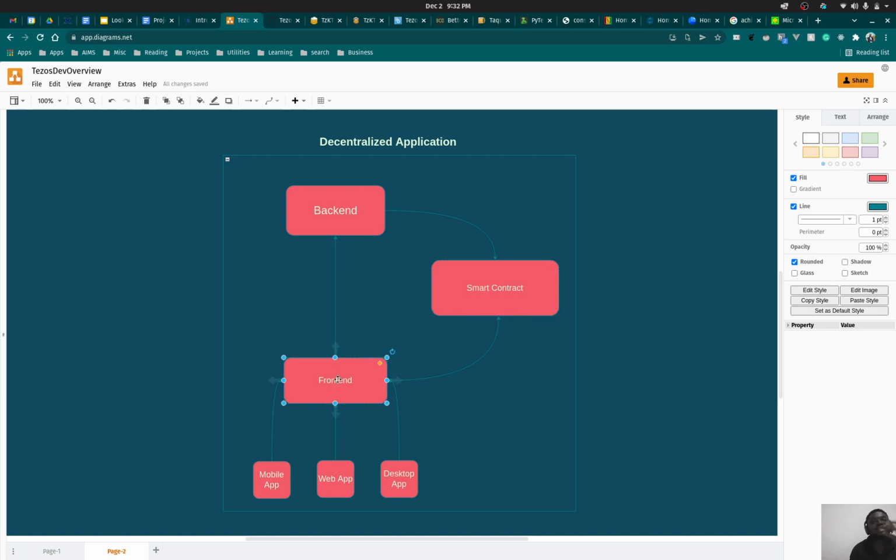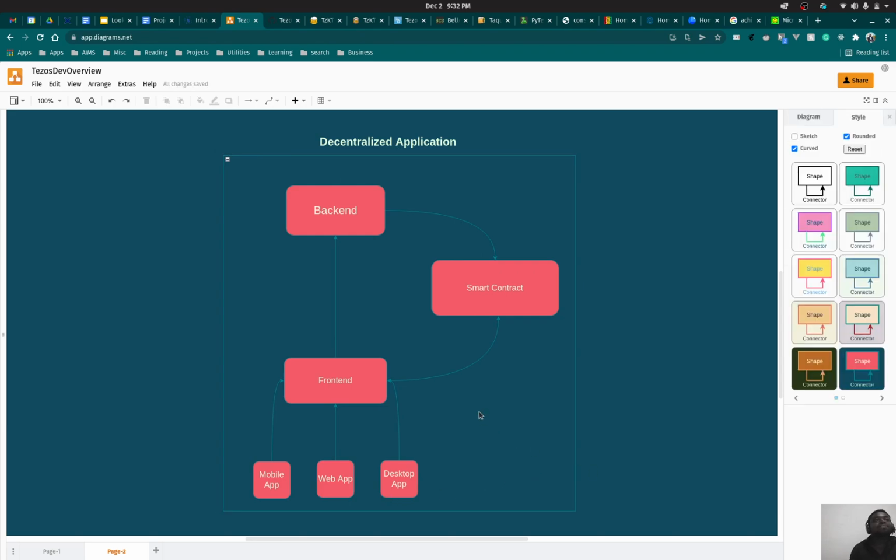And then you need a front end. The front end is the application that the user is going to use, and this is what the end users will see. They don't care about the smart contract or the back end. Honestly, what they are going to see is the front end. Although the other parts are very important, what the user at the end of the day is going to see is a front end app. For the front end app to work properly, of course, the smart contract needs to work properly, and the back end needs to work properly, and the front end also needs to look nice. When we talk about front end, we are talking about a mobile app, web app, desktop app, that kind of vibe. So that's it with a